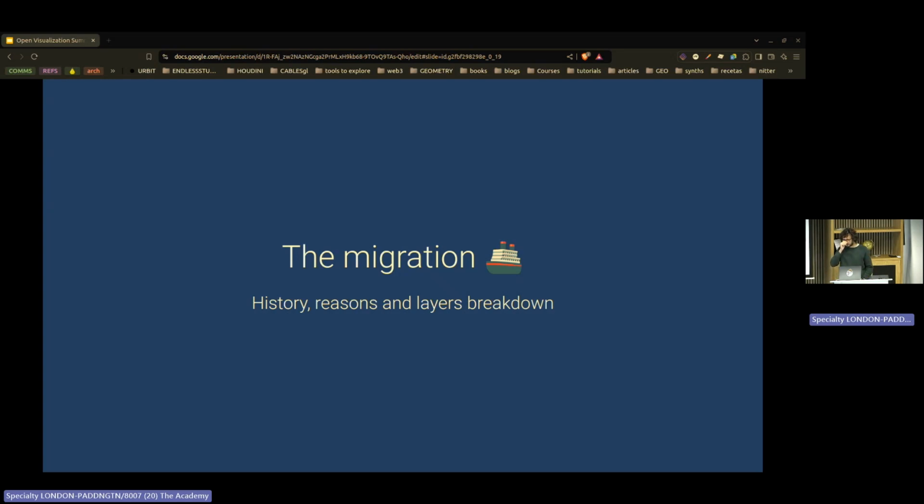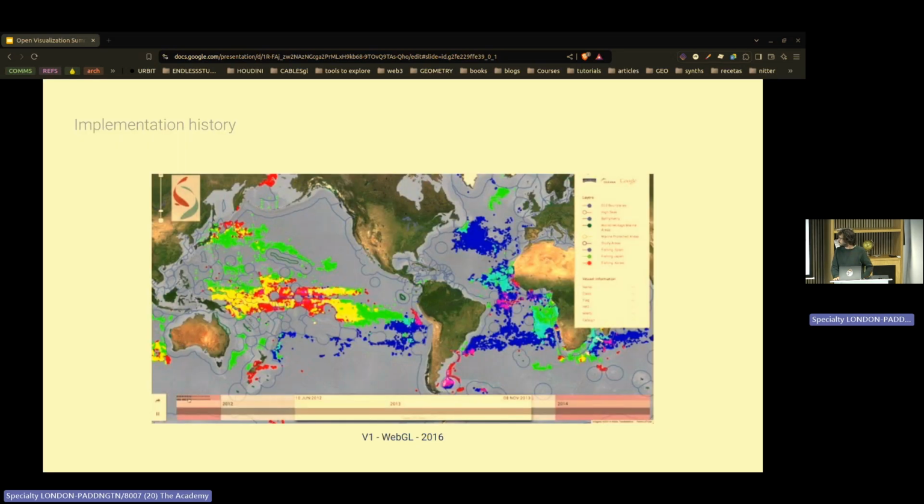So let's dive deeper into the reasons behind the migration, why we did it, and some examples of how it improves some of the data render flows and code-base maintainability and scalability. But before, some history of the app, because this is a project that spans from probably 10 years now, more or less. So this is the version 1,